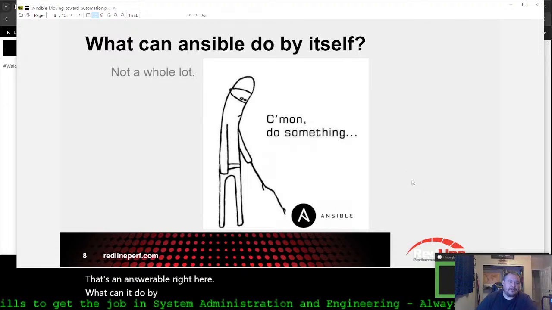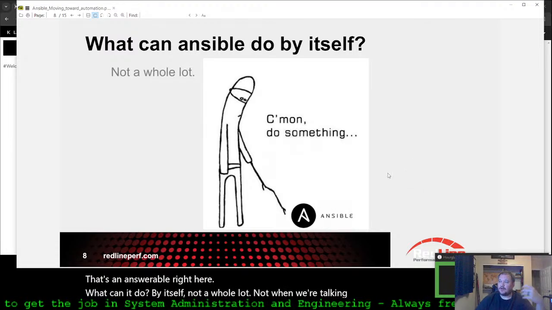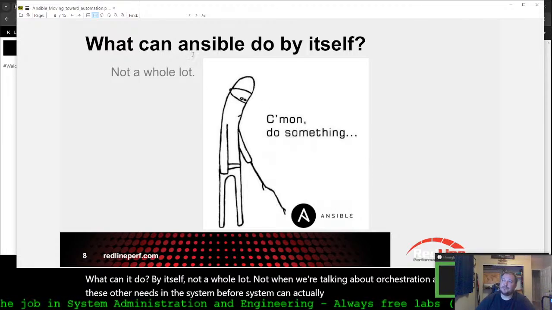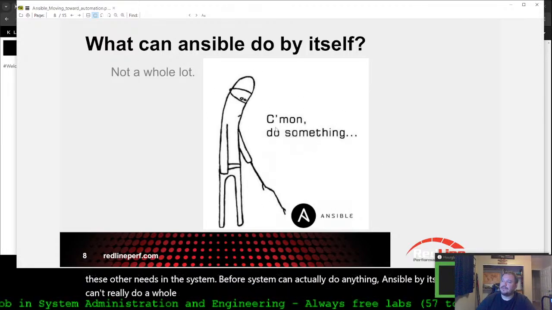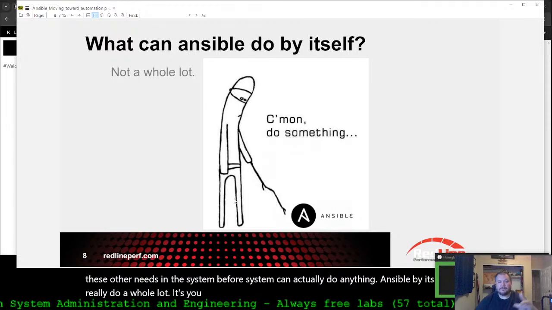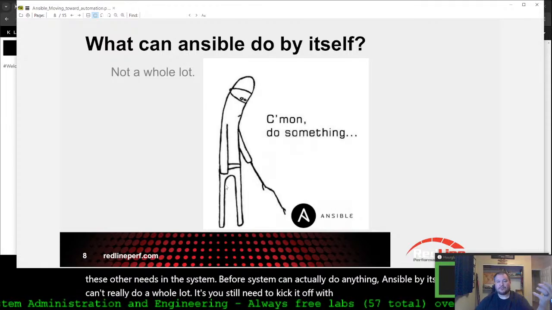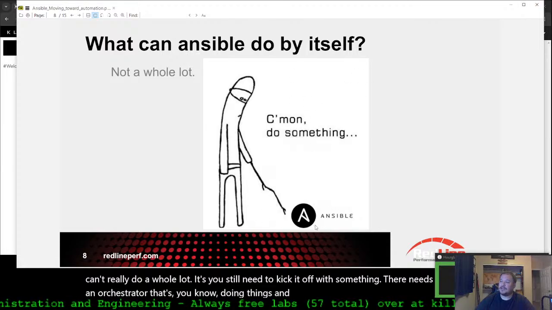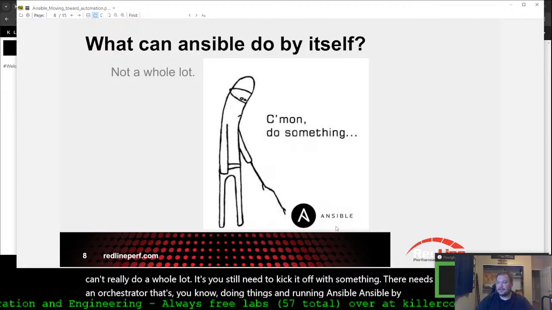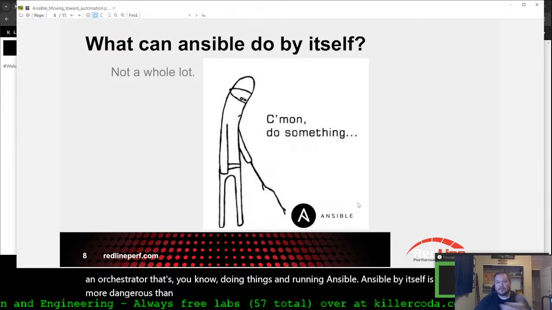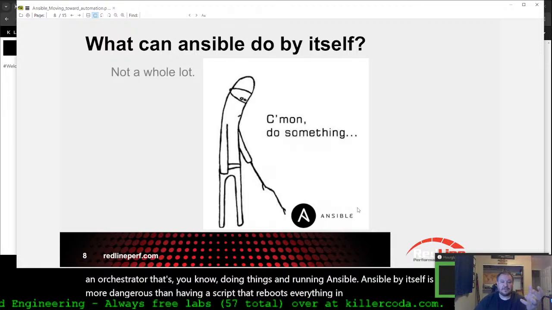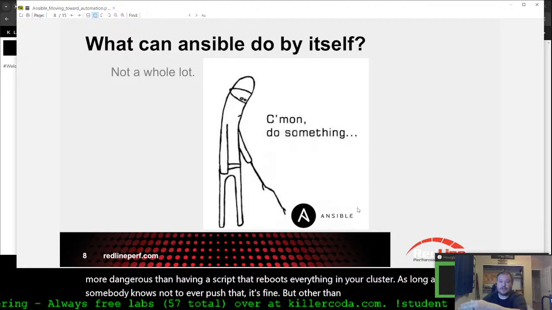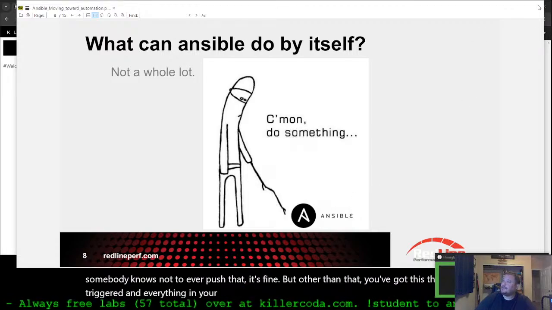Not a whole lot, not when we're talking about orchestration and all the other needs in a system. Ansible by itself can't really do a whole lot. You still need to kick it off with something. There needs to be an orchestrator that's running Ansible. Ansible by itself is no more dangerous than having a script that reboots everything in your cluster. As long as somebody knows not to ever push that, it's fine. But other than that, you've got this thing triggered at everything in your system, and that can be dangerous, right?